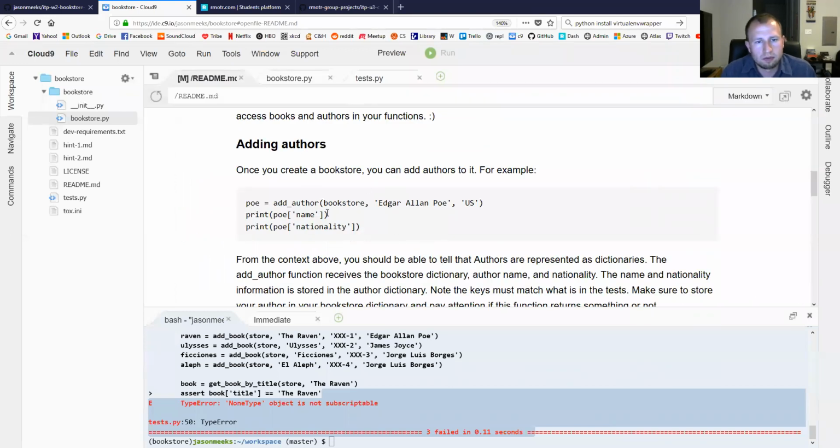Once we have our bookstore set up, we'll have a function called add author, and we'll be able to pass in 2 strings, the name and nationality of our author, and put them in our bookstore. I'm going to talk about how that works in just a minute. Now, from this line of code, what can you guys deduce? What do we know about this function? This is kind of a read my mind question. I'm not sure if you guys are going to get this. Any ideas? If you look at this whole line,